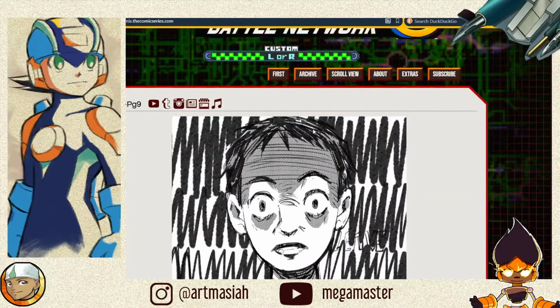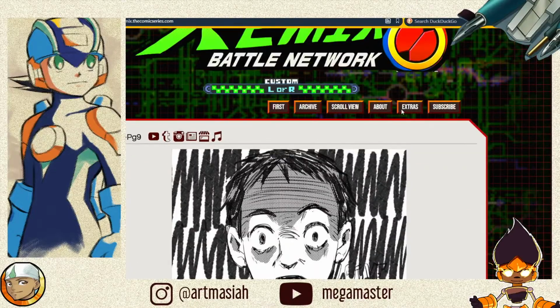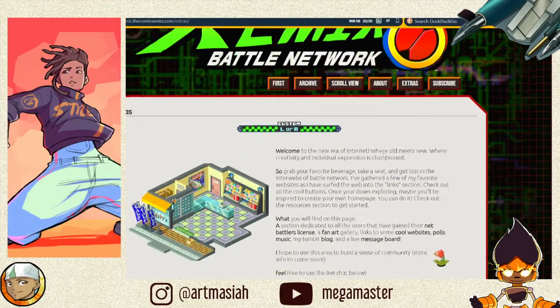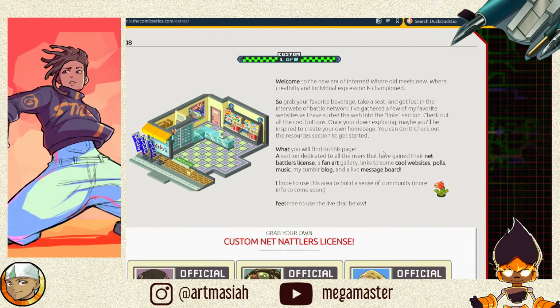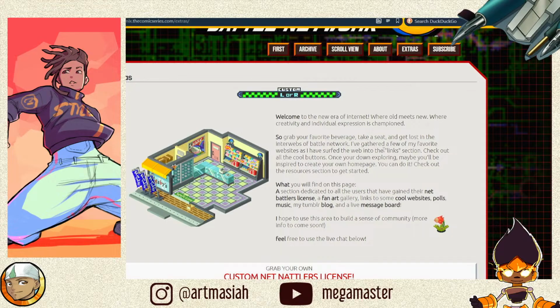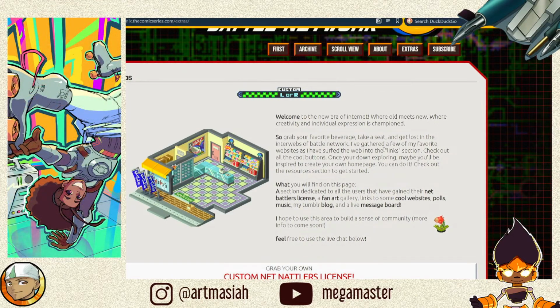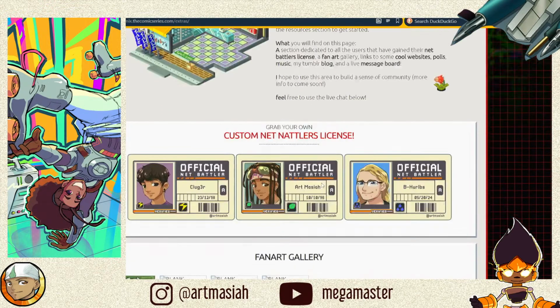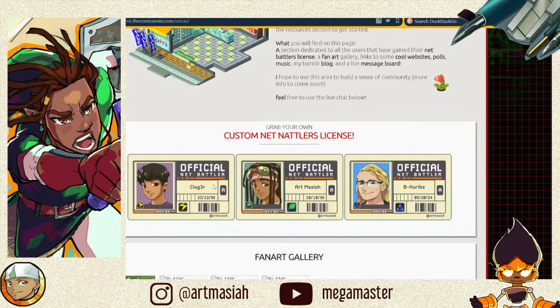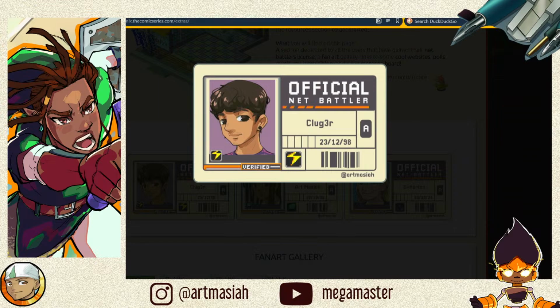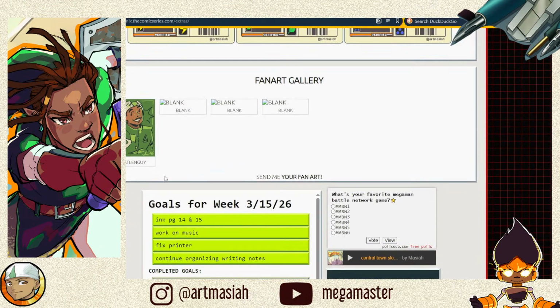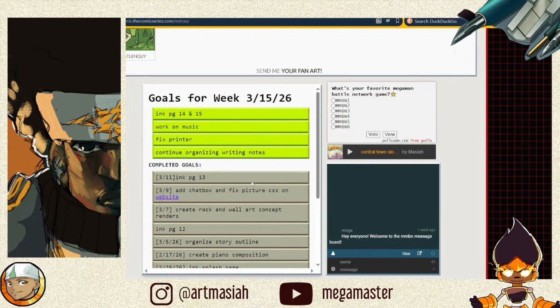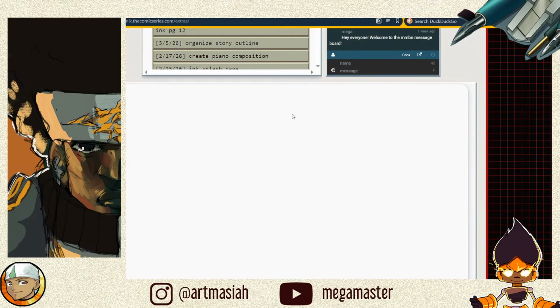Anyways, this is where you can read the pages. The part that I want to work on is called the extras page, which I think I'm going to turn into the community page. I want to incorporate as many elements of the Mega Man Battle Network world as I can into the web page. I'm going to have a welcome about section, and a section in which I display everyone that's got a Net Battlers license, and when you click on it, it opens and you hit the X to exit out of it. Then a section for a fan art gallery, what my goals are, a poll, music, a live chat,